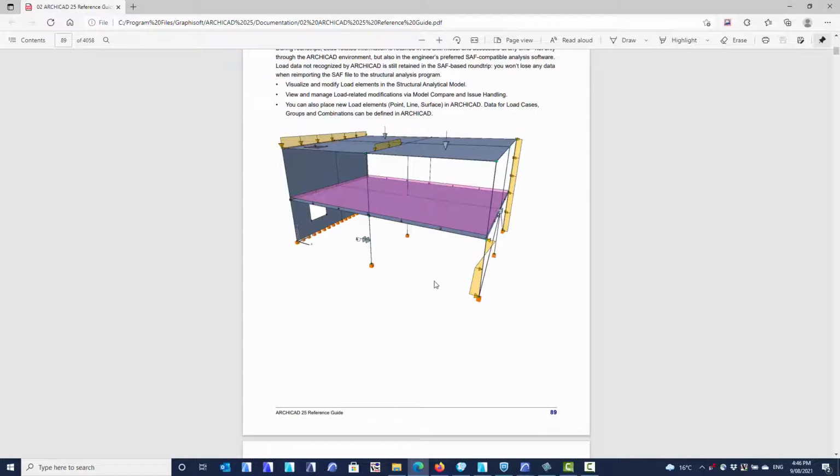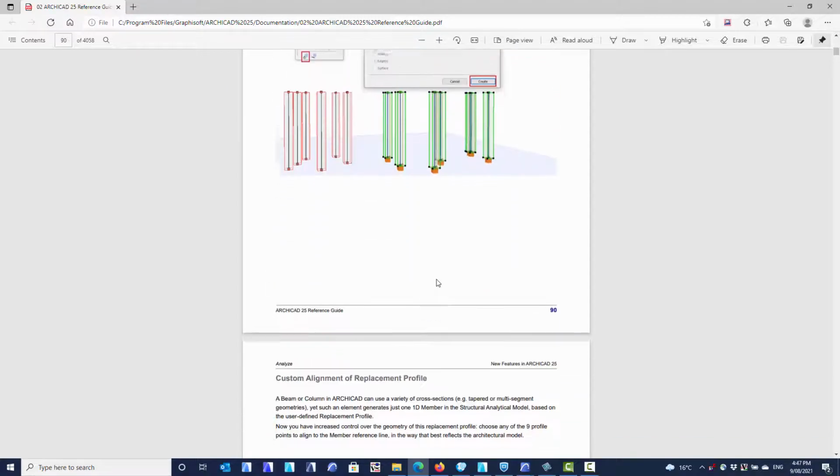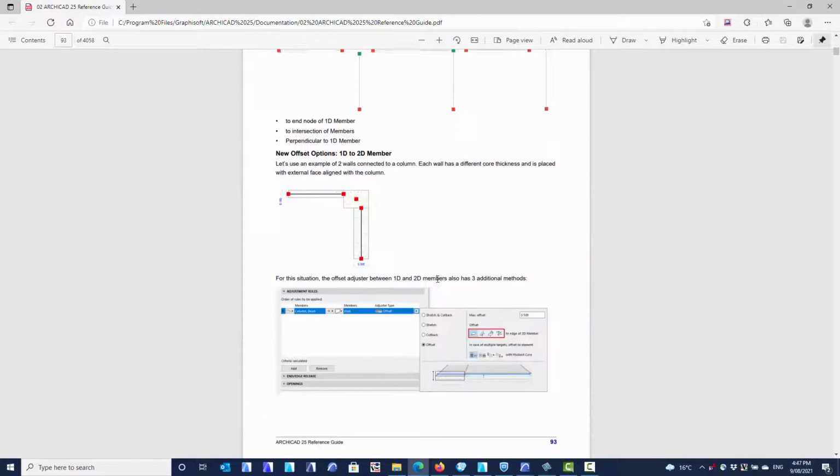It's not something we need to worry about because we're not getting into structural analysis, but the idea is this is part of the model that we can define and then export that out to structural software, so the engineers can actually then take this further and do whatever it is they need to do to calculate the loads and things like that. Again, as I say, we're not going to worry about it, so I'll just skip over this section here